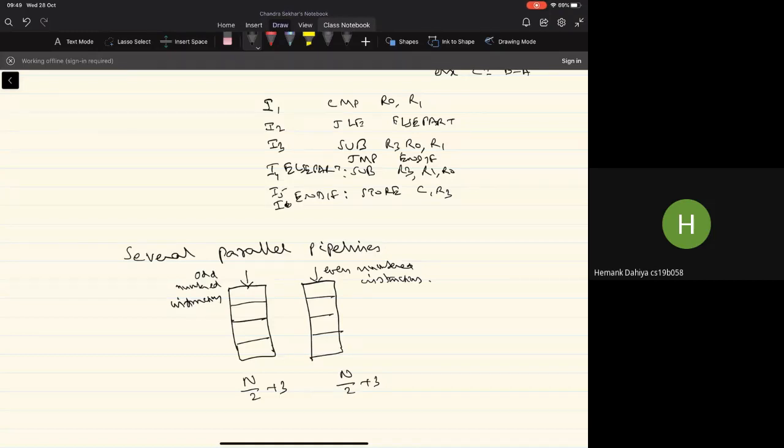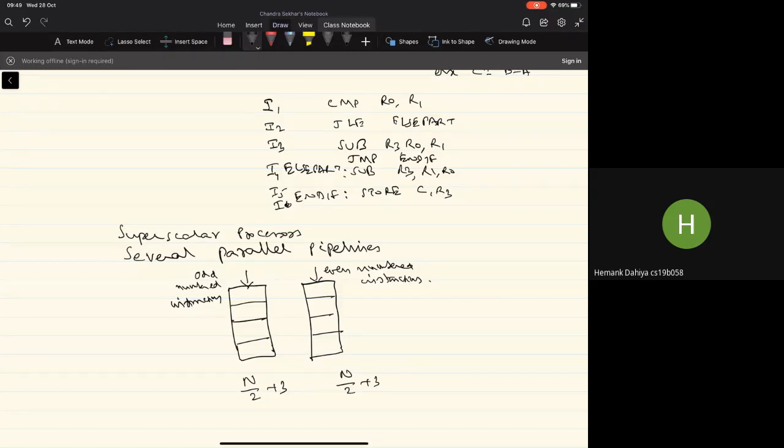So typically what we are talking about is that there will be multiple pipelines which can be used to handle multiple operations, multiple instructions simultaneously. And in many of the current day processors, there will be not just 2 pipelines, there will be several pipelines. There can be 4 or even 5 pipelines, right? And they need not be similar pipelines, they can be different pipelines, okay? And they handle different subsets of the instructions in each of the pipelines, right? So these kind of processors where we use multiple parallel pipelines are what are called the superscalar processors,